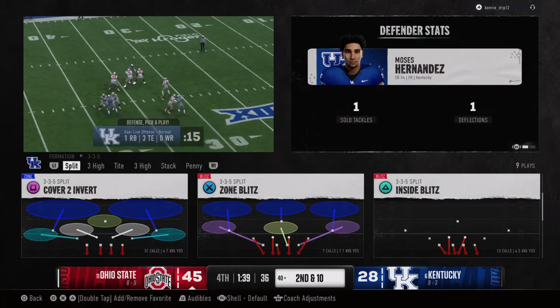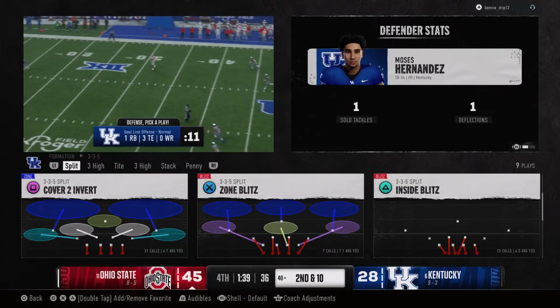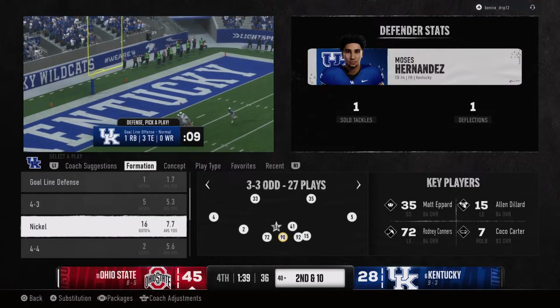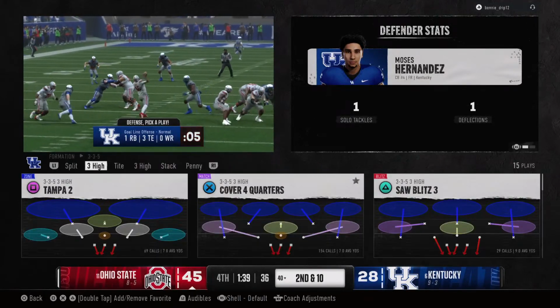Well, they come out firing here to start this second half. They didn't make this completion, but I think it sends a clear message to this defense that the adjustments this offense is going to make is that they're going to be aggressive and they're going to look for their one-on-one opportunities.